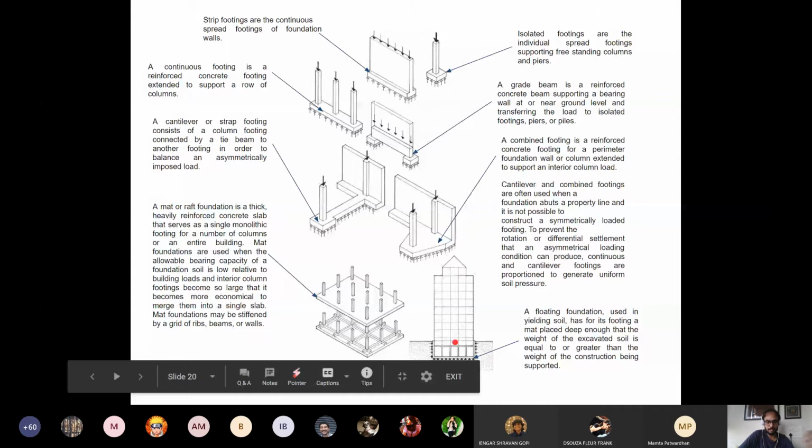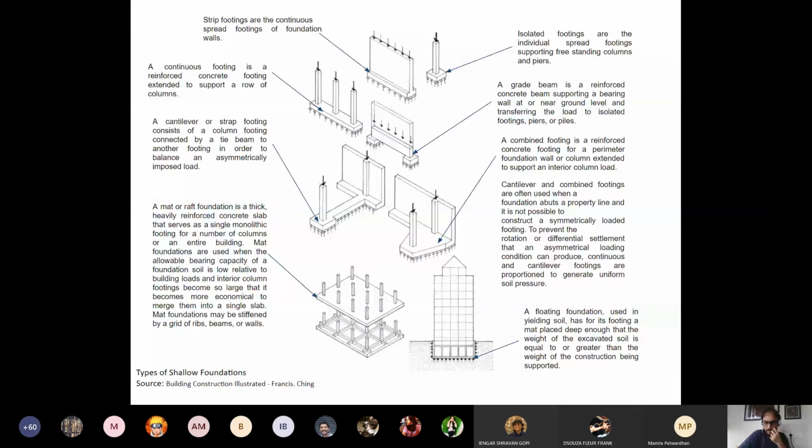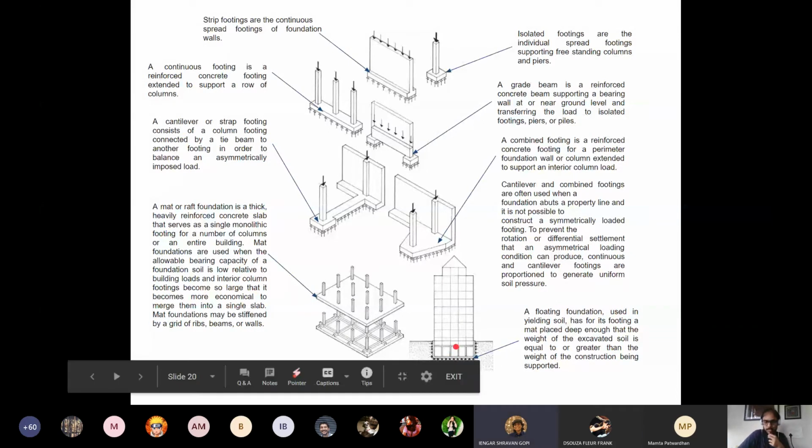You understand? Who was asking this question? Yeah, so you understood that. So whatever I am removing from here, I can only go up to that much mass. If I have to go taller and the mass increases, then I need to find another foundation system. Does that answer your question?